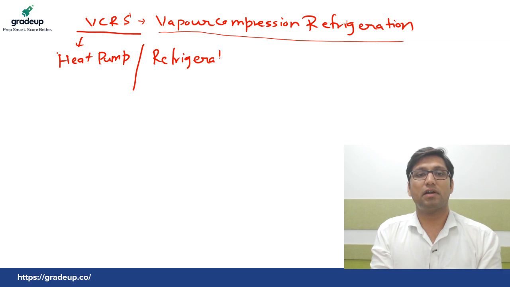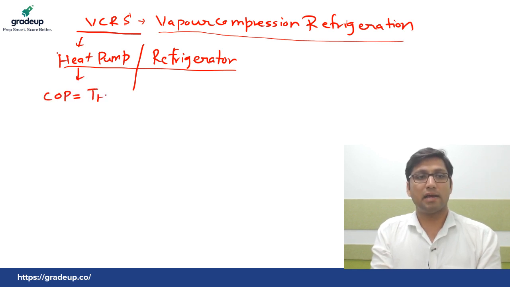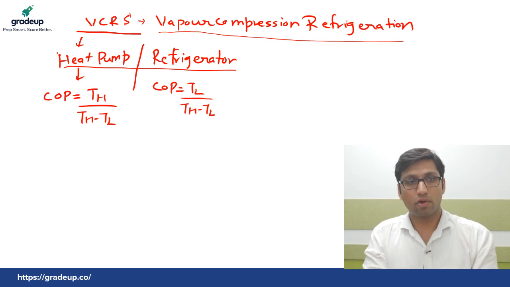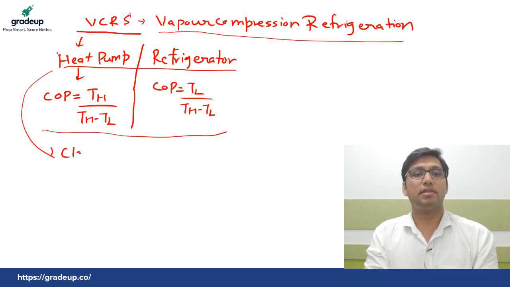Heat pump and refrigerator are 2 important applications of refrigeration. COP of the heat pump is equal to higher temperature over higher minus lower temperature, and COP of refrigerator is equal to lower temperature over higher minus lower temperature. This you have also studied in second law of thermodynamics, because these 2 devices are based on Clausius statement